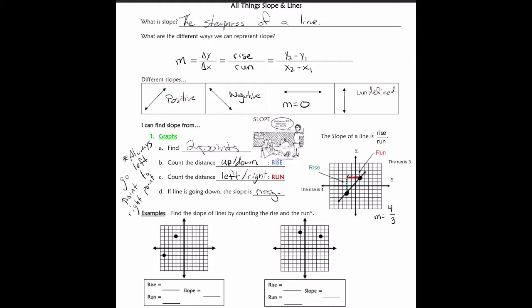So I have my 2 dots, and I want to create my line through those 2 dots so I can kind of see a little bit better what's going on. So this thing's going uphill, right? So it's going to be a positive slope. And starting at my left point, I'm going to go up 1, 2, 3, 4, 5. So I went up 5, so I rose 5. Then I have to run 1, 2, 3. So my slope would be